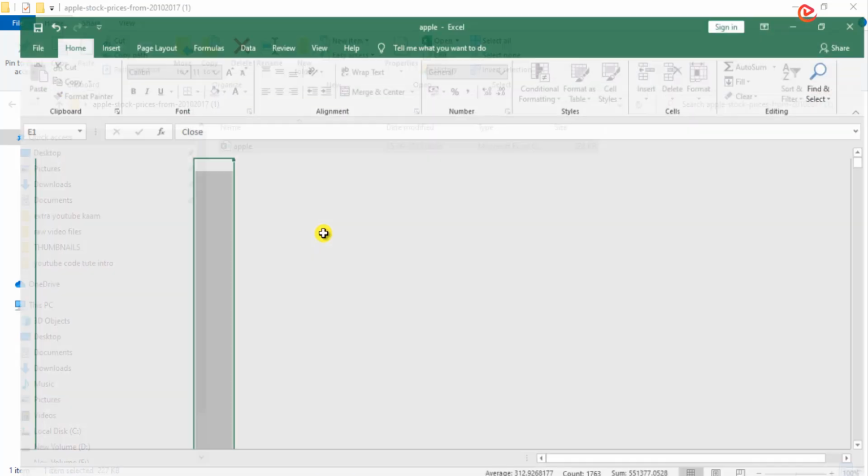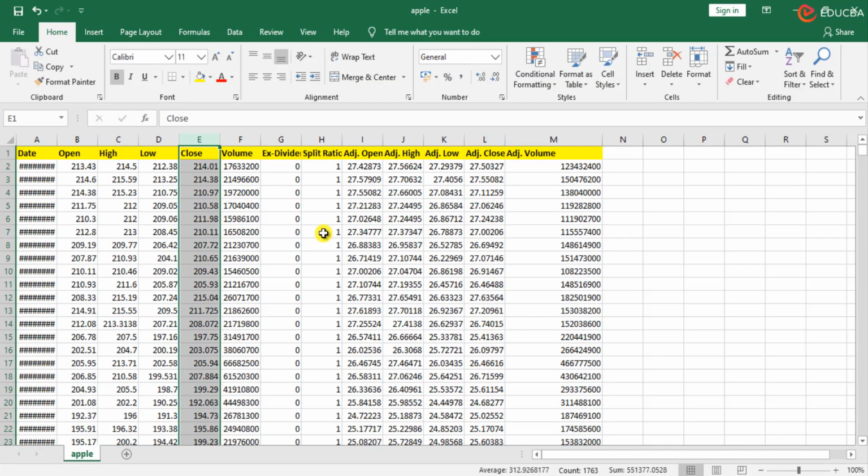It's very important to first understand the data before creating any project, before creating any model. This is the data set for stock price prediction. And here I have highlighted this row. This is the date column, open column, high column, low column. So in all there are 13 columns.